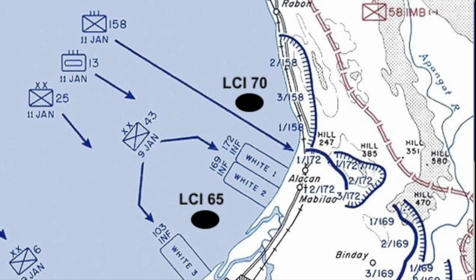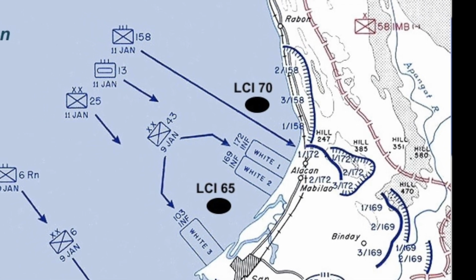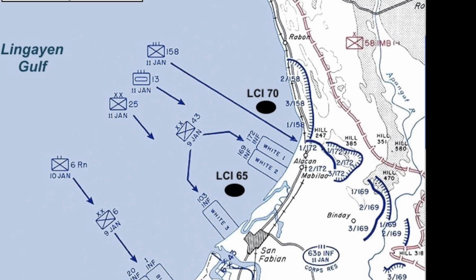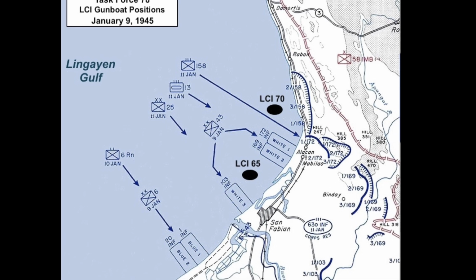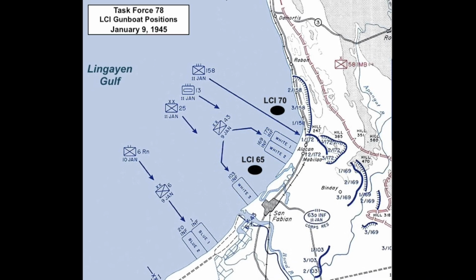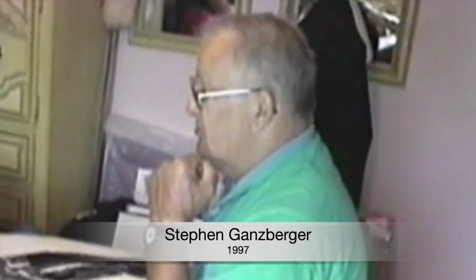Despite the damage inflicted on the LCI 70 and its men from the kamikaze, the ship was right alongside the LCI 65 4 days later as the 2 converted gunboats bombarded the beaches together on Invasion Day in Leyte Gulf on January 9, 1945. More than 50 years later, Ganzberger still remembered watching the massive bombardment that morning by the battleship USS California. Leyte Gulf, we had the battleship California standing maybe about 6,000 yards out. And man, we spot this one pillbox, and we just radioed out to the California and said, well, we got a pillbox here. He says, can you handle it? Man, pretty soon you see,